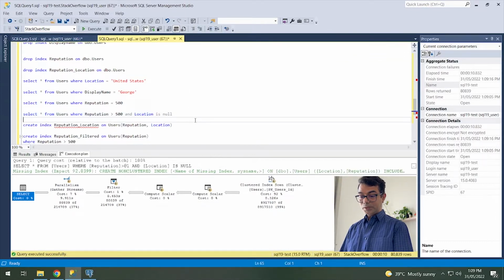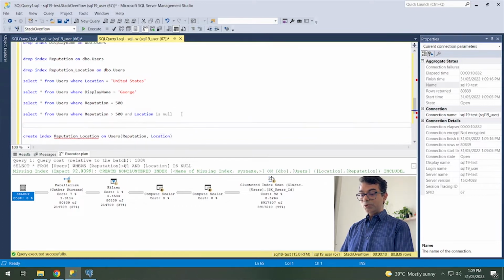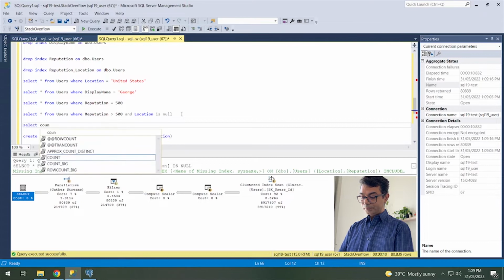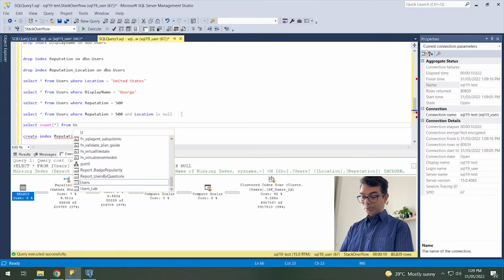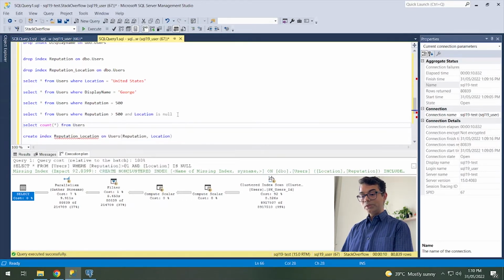Okay, before really thinking of something else, let's see which one is more selective. We have two conditions in the where clause. So let's see which one is more selective, so that we can understand which one should be part of the index and which one should not be.